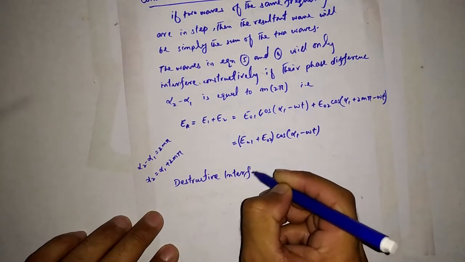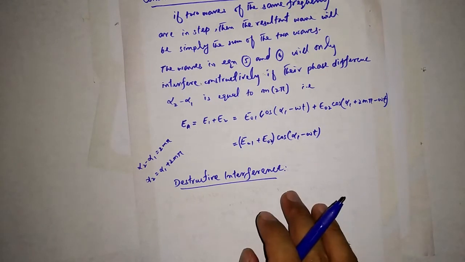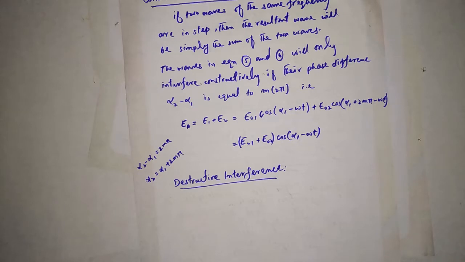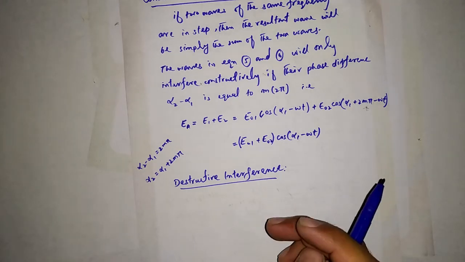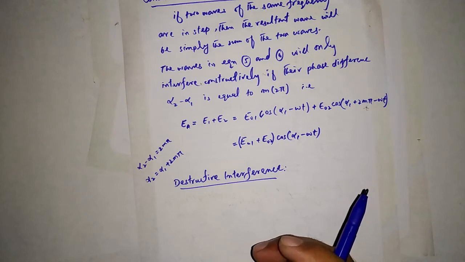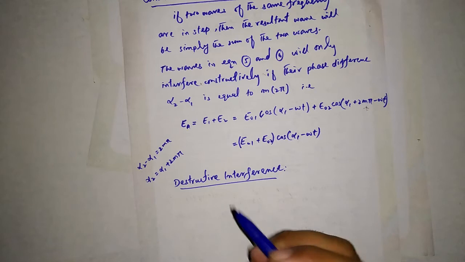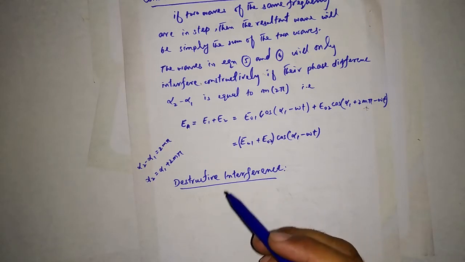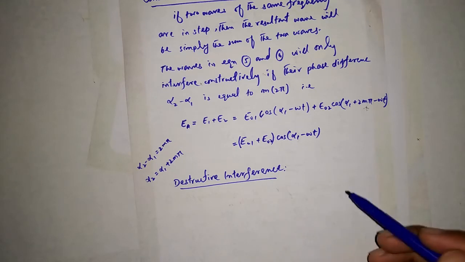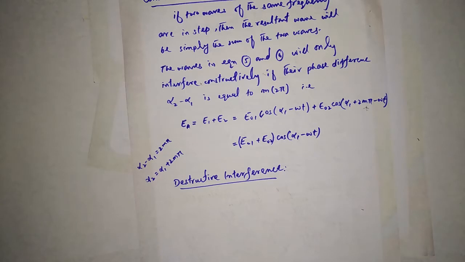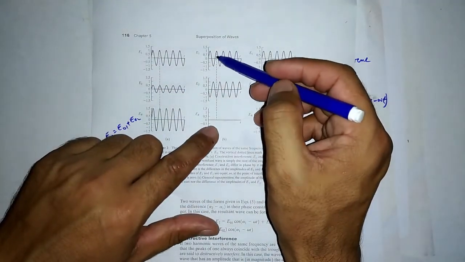If two waves have the same frequency but they are out of phase, that means that they are out of step, such that their peaks don't coincide, or we can say that the peak of one wave exactly occurs with the trough of the second wave, and similarly the trough of the first wave with the peak of the second wave, as shown in this figure. You can see that here in the figure,